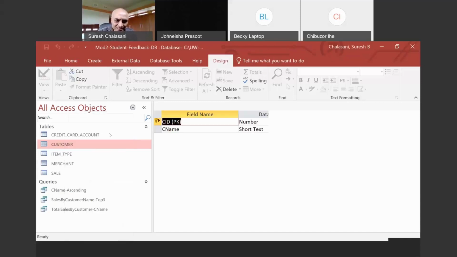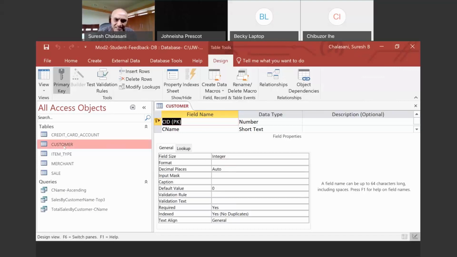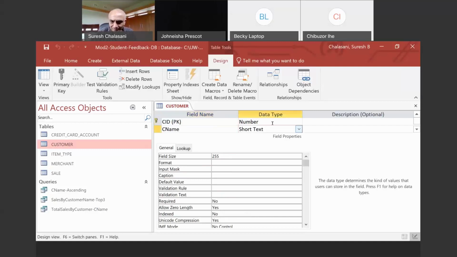So if you look at the design view, if I click on customer and look at the design view, I have the CID, and then the C name as short text. Basically, short text can be 50 characters wide, or I left it as 255.